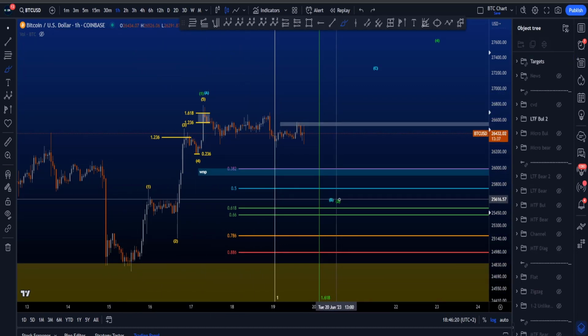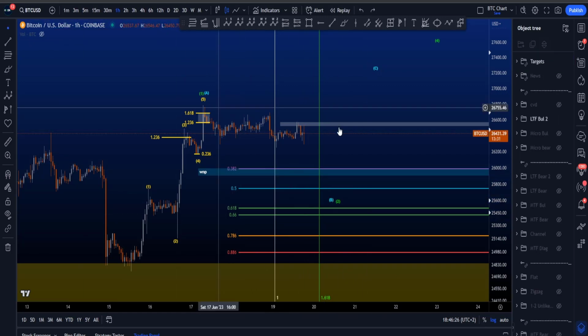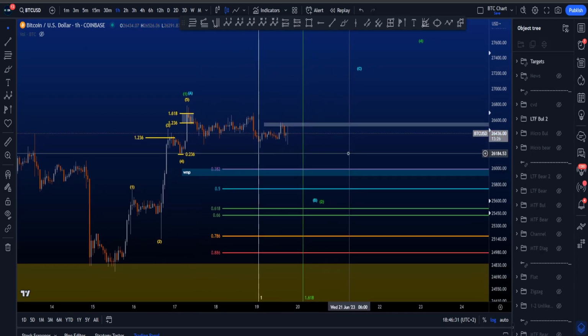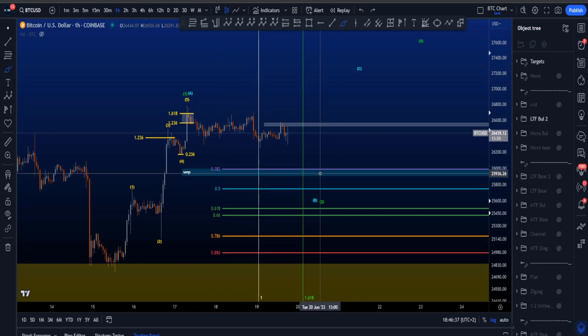And for a wave B, and also for a minimum target of wave 2, you expect a 382 to be hit, which is currently sitting at 26k, right on top of the target box that we have between 26k and 25.9k as well. Important to know is that for a wave B, a bounce on the 382 is absolutely fine. It's common, but for a wave 2, the most common targets are the 0.5 to the 0.786, which is 25.7k